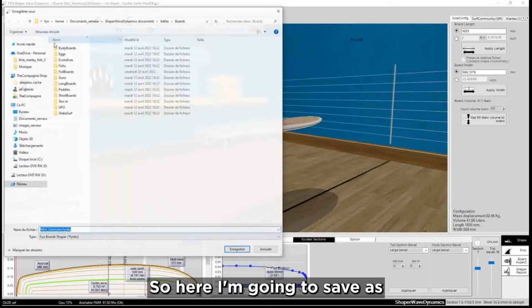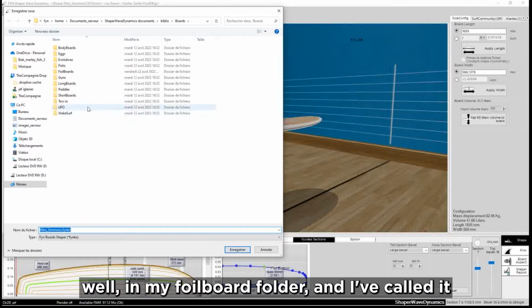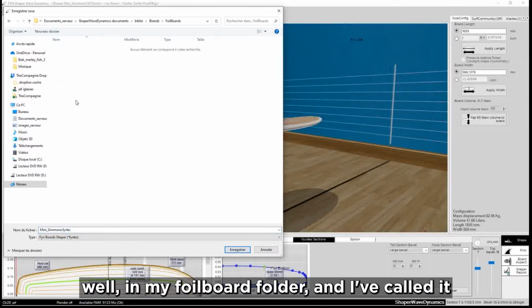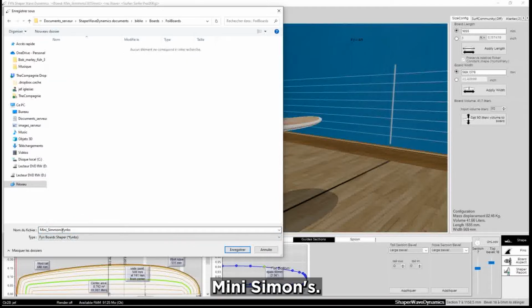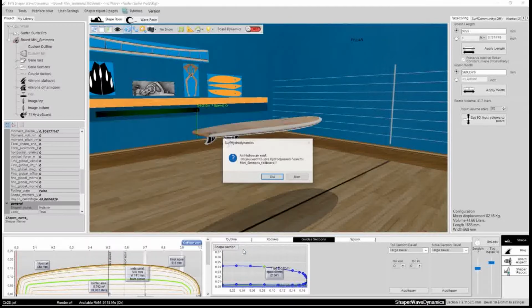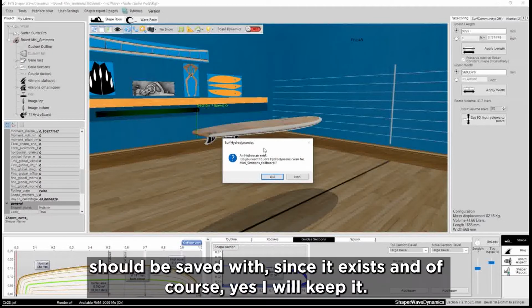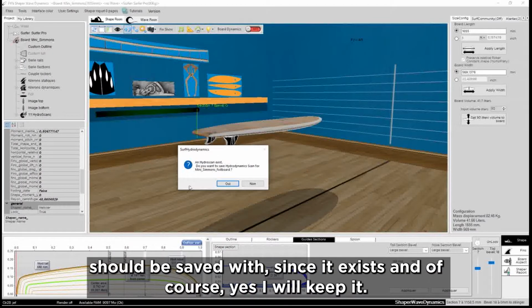So here I'm going to save as, in my foil board folder, and I've called it Mini Simons foil board. Save. I am asked if the hydroscan should be saved with, since it exists, and of course, yes, I will keep it.